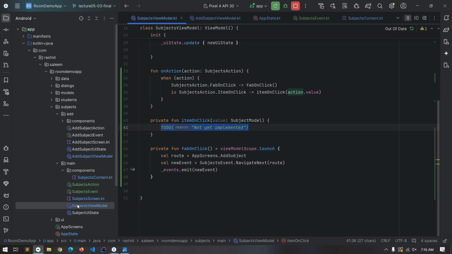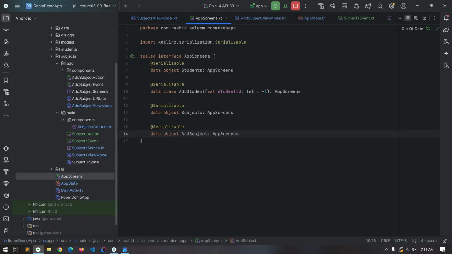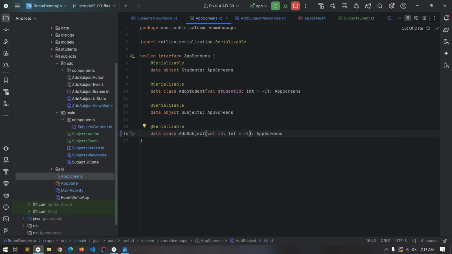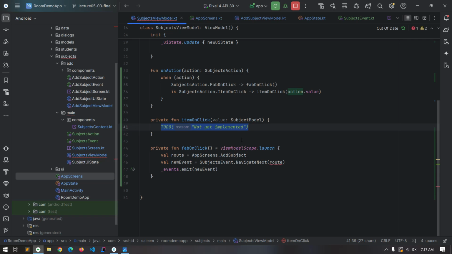So for that we will go to our app screens. Here we have this add subject, which is a data object, and we are not passing anything in it. Now we need to pass the information to this screen. So we will make this data class, pass the subject ID in it. By default it would be -1, and from here we will actually use parentheses because now it is a